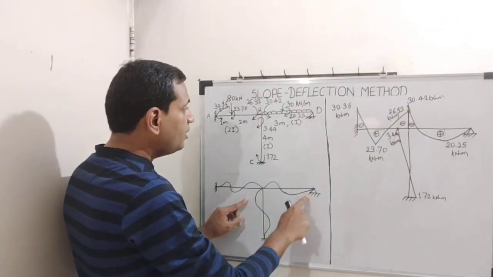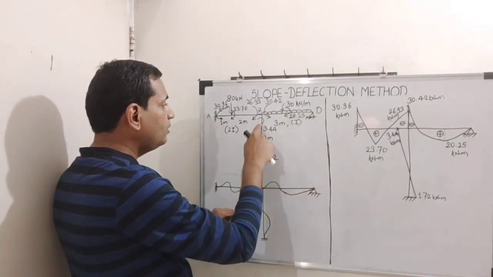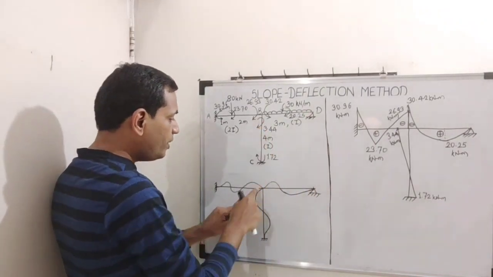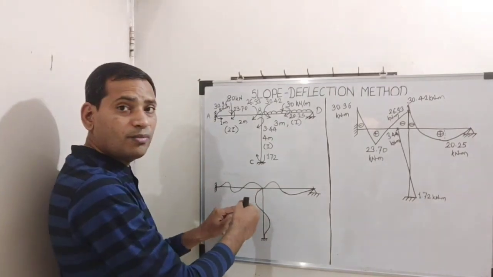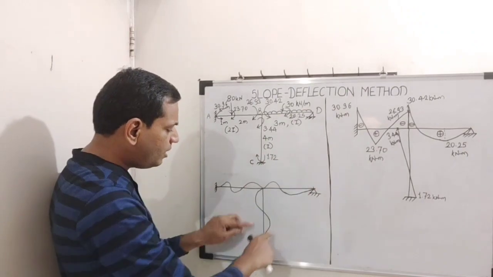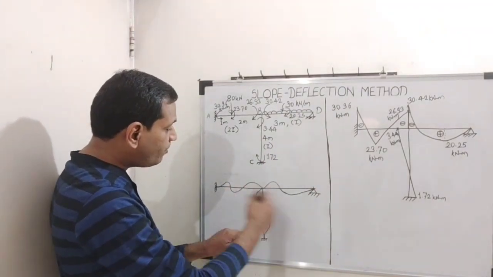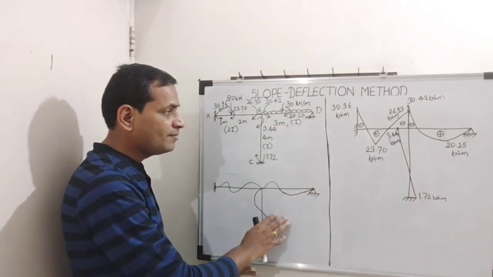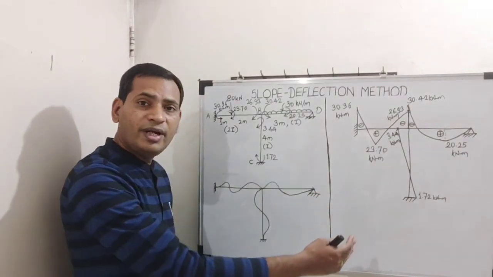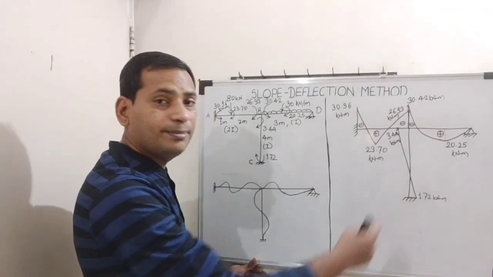Then here it is 0, so no question of deformation here. Then here the moment is clockwise, so on this end the deformation of the column will be there. Here again clockwise, so towards the right the deformation of the column is here. So according to the deformed shape of the frame, we have plotted the bending moment ordinates and we have joined them.